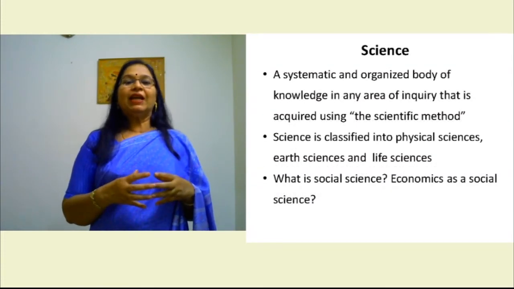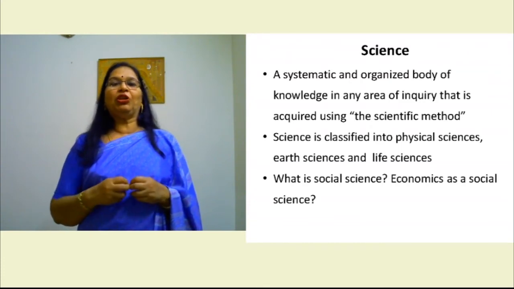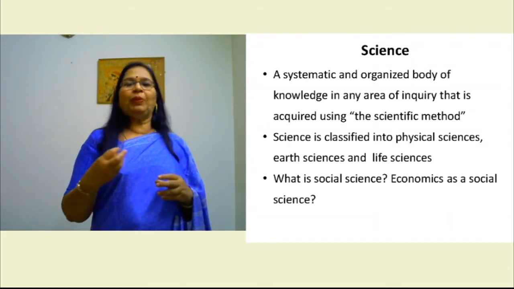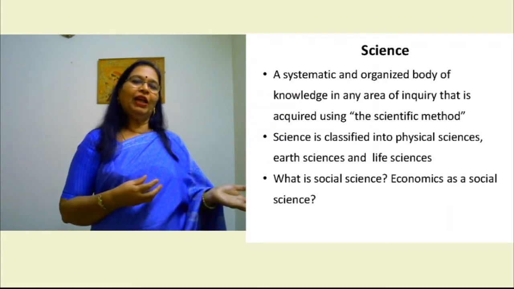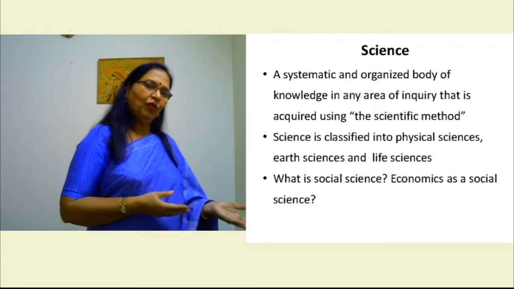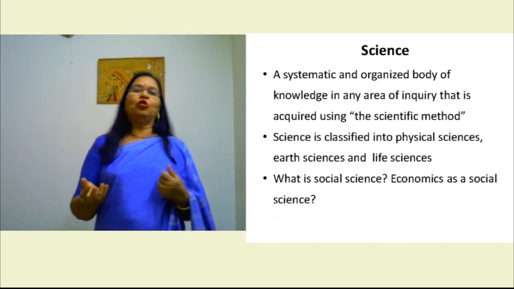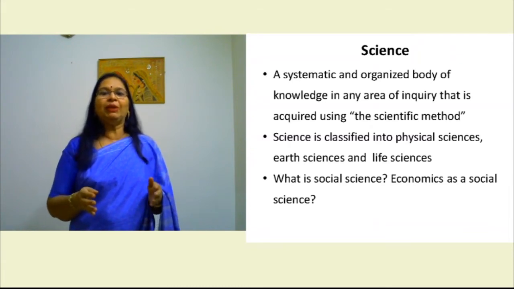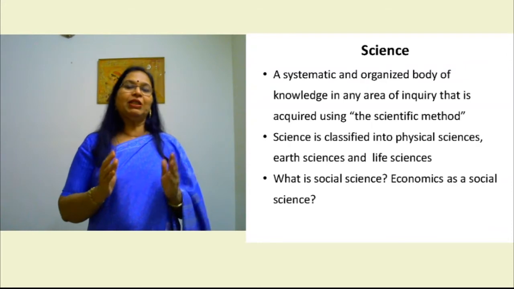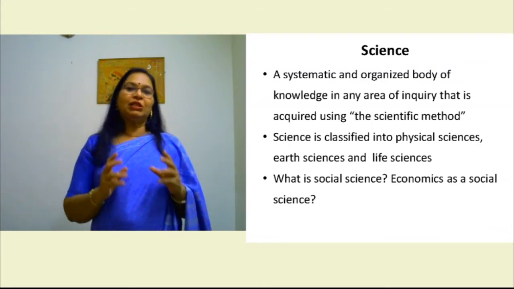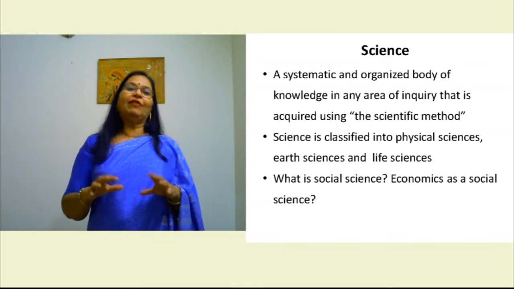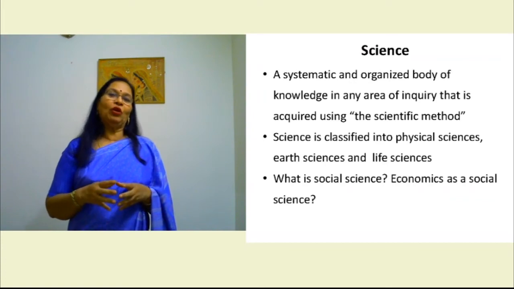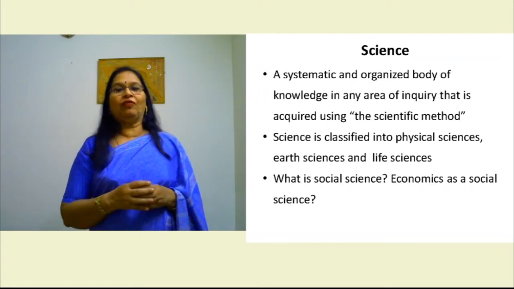What is science? Science is a systematic and organized body of knowledge in any area of inquiry. It could be in the area of dance, it could be in the area of music, it could be in the area of food and cooking, it could be on health, it could be on economic issues, it could be on commerce and any issue. Now, in all of these, what has happened is we have gone through a systematic process of learning. So when we carry on this systematic process of learning, the subject itself gets organized better than what it was before. In such a case, we are following what is called the scientific method of learning.